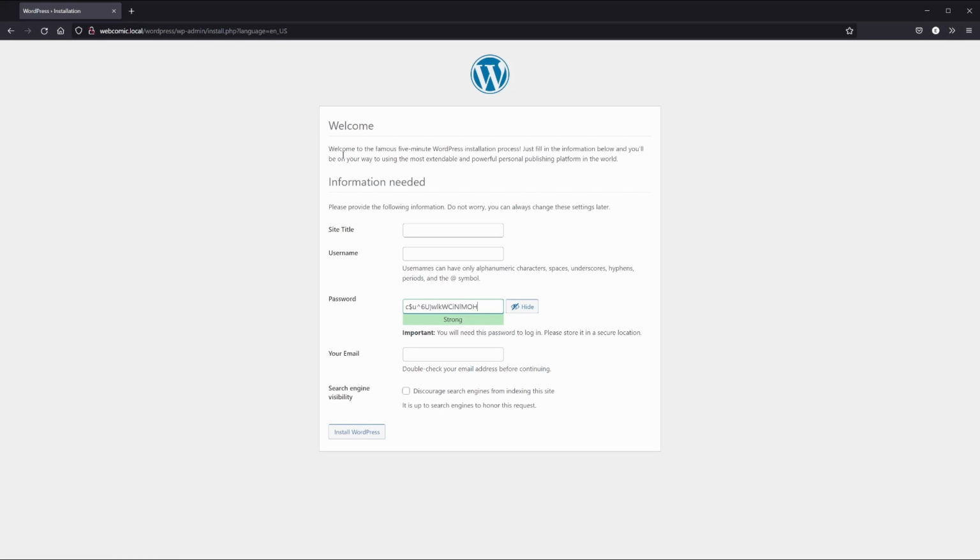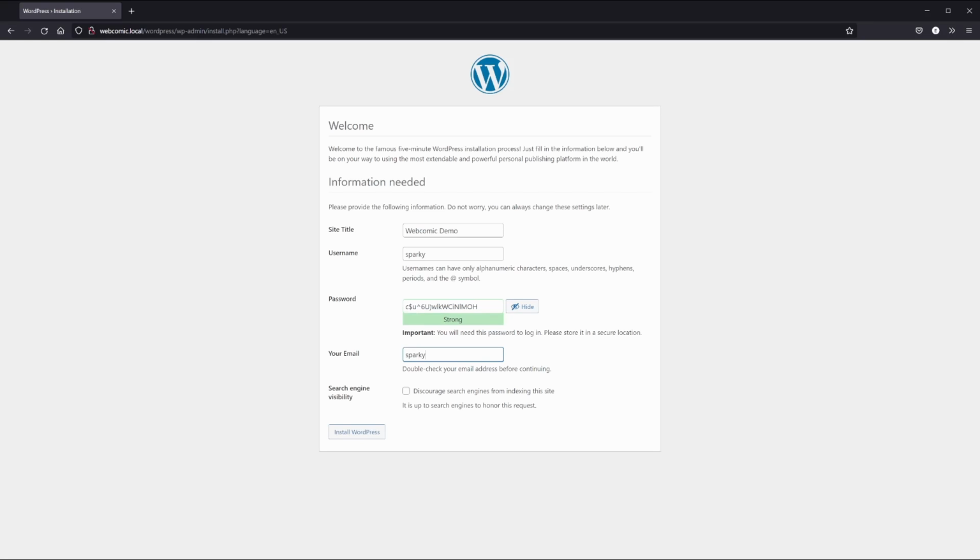Now enter your webcomic's name. I'll just use webcomic demo. And your username of choice. How about Sparky? Then a memorable password, probably not the one WordPress auto-generates.